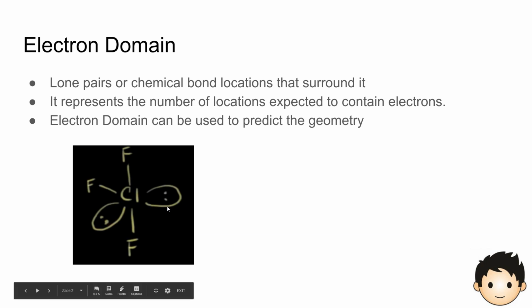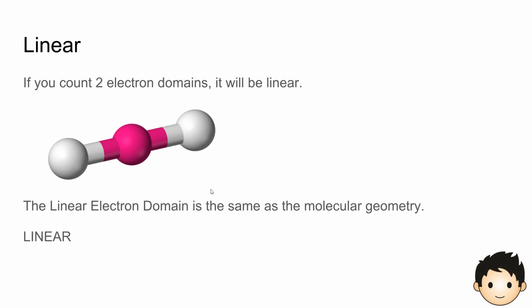In this example, if you count the electron domains, there's going to be one here, one here, one here, one here, because those are three bonds. And then there's also going to be one here and one here, and those are the electrons not bonded. Once you find how many electron domains it has, you can find the